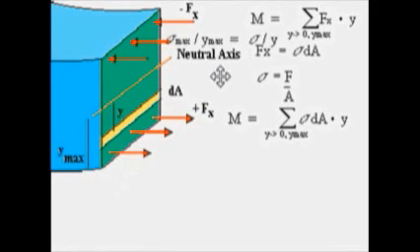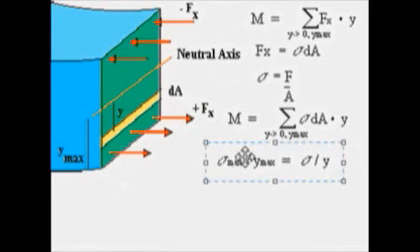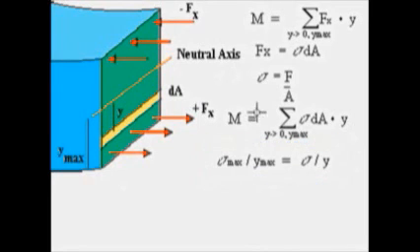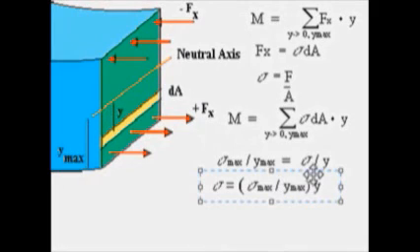We can then write this equation wherein y is your distance from the neutral axis to an area dA, and y max is your distance from the neutral axis to the outer edge of the beam cross-section. We can then write the stress at an arbitrary y as this one. And we substitute this equation here